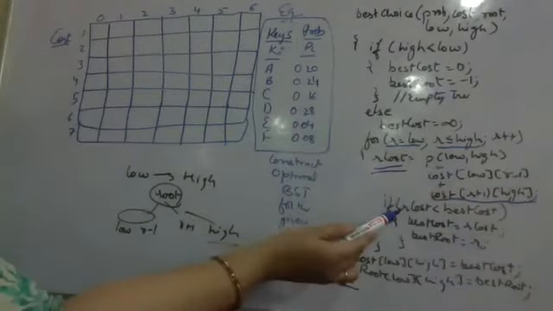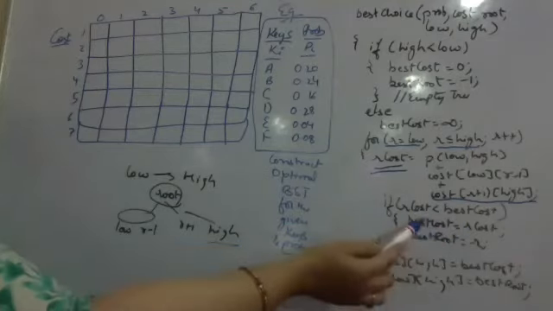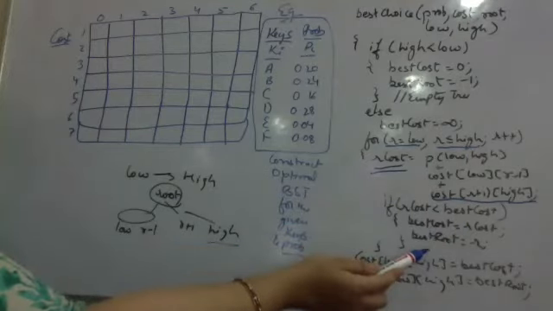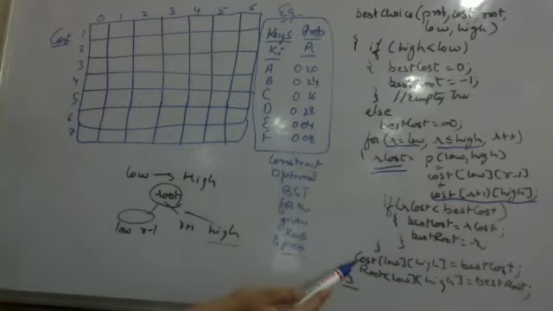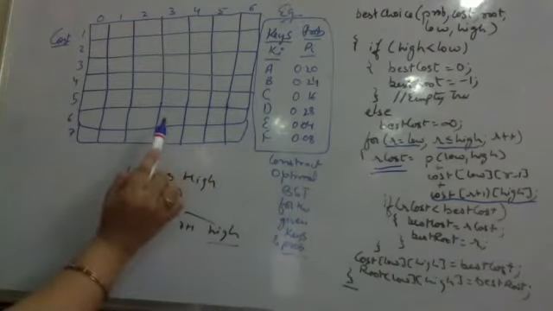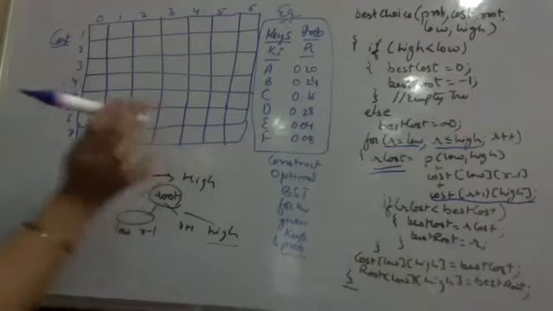If I find the cost to be better than the best cost, I update the best cost and possible root. Otherwise, I don't update. When this is over, I update the cost and the root matrix with the best cost and best root. That is all I am doing in the entire algorithm.